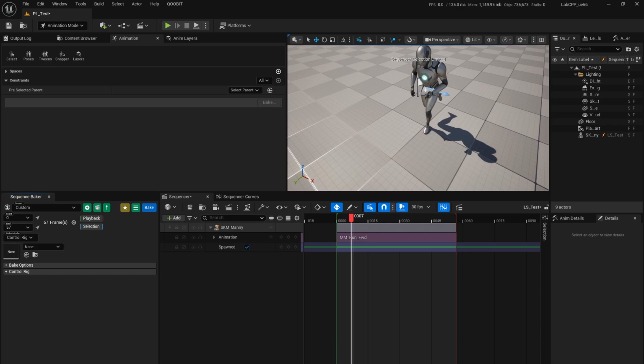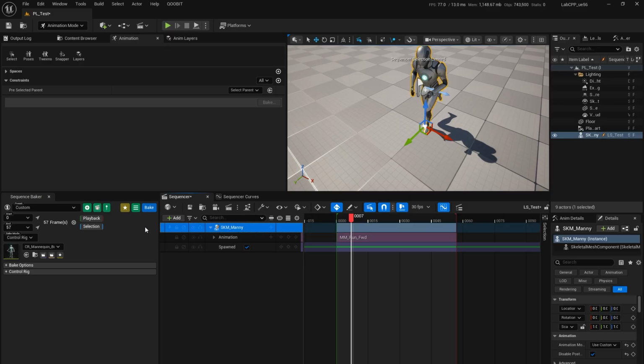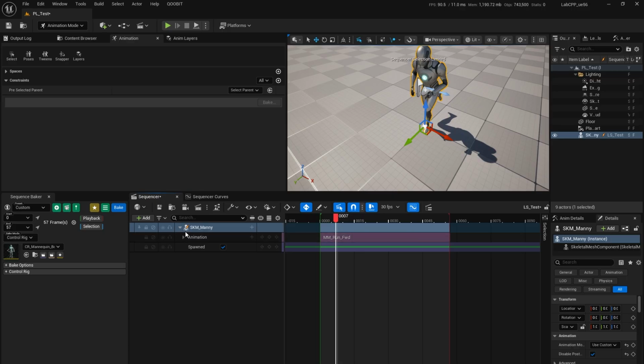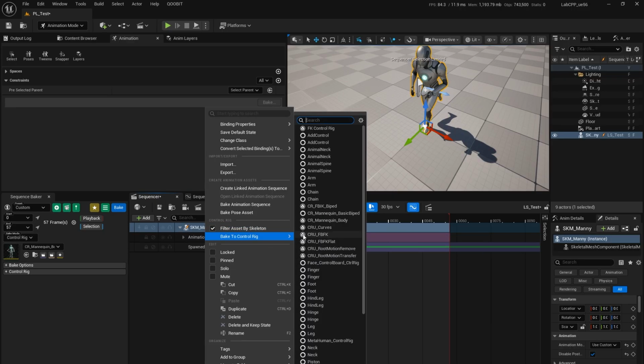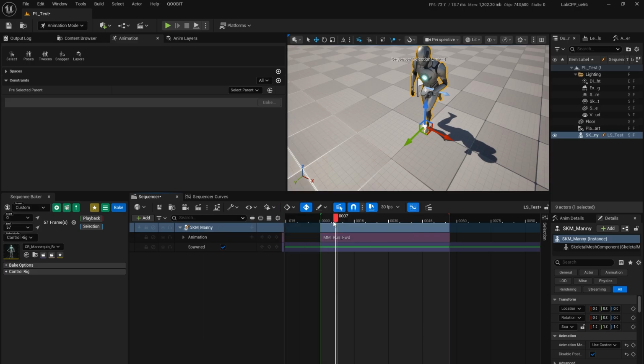Hi, in this quick tip video, we're going to be demonstrating a hidden feature inside of Bake to Control Rig and also Bake to Anim Sequence that not many people are aware of, or at least we haven't seen any videos that really teach this feature inside of Sequencer. So if you right click and you do the standard Bake to Control Rig or Bake to Anim Sequence, you'll